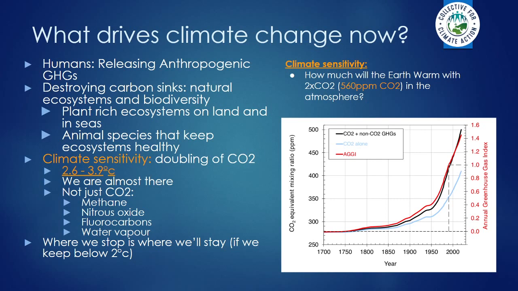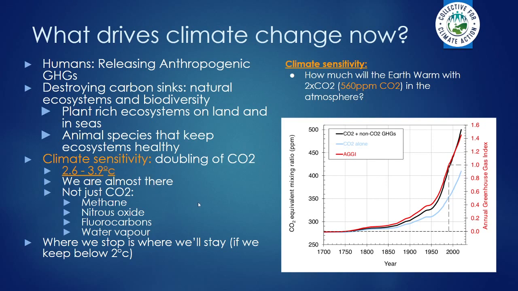They're going to be really important in future because as we let them grow back and take over more of the land again, they will be able to have a positive effect on our trajectory of carbon emissions. But also we're getting rid of the animal species that help keep those ecosystems healthy. So an established forest, for example, can capture and sequester something like 3 times as much CO2 as a forest that's just been newly replanted.